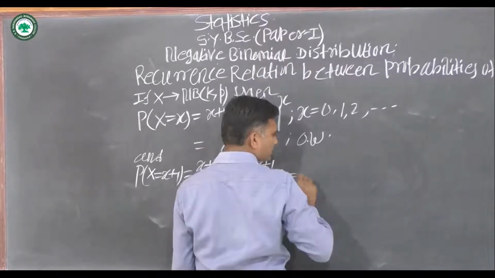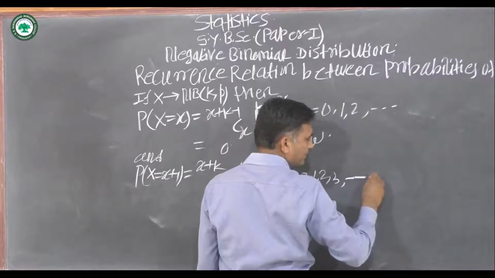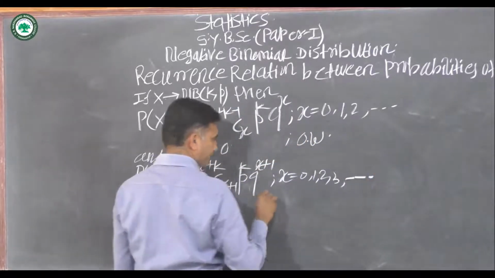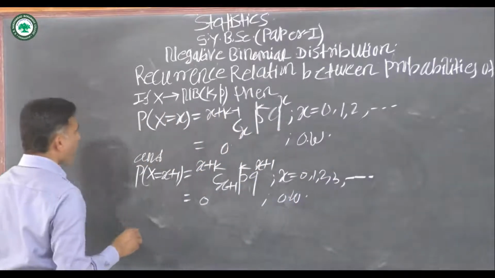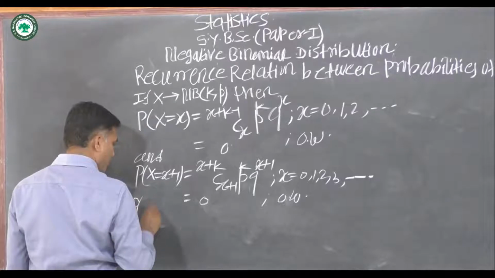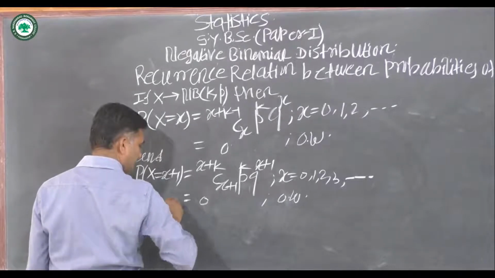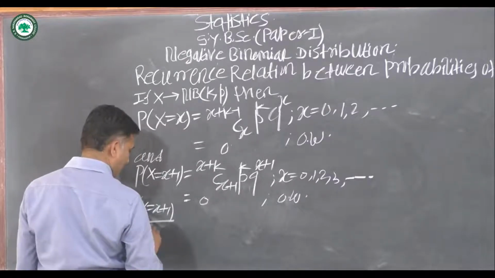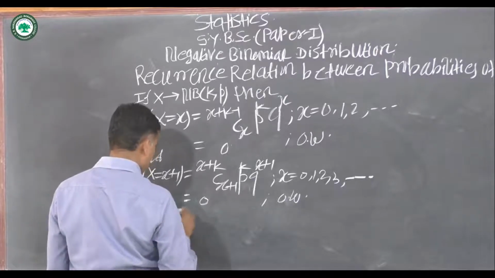X takes values 0, 1, 2, 3, and so on, 0 otherwise. Now we take the ratio of probability of X equal to x plus 1 upon probability of X equal to small x,